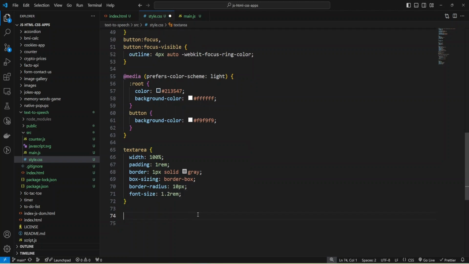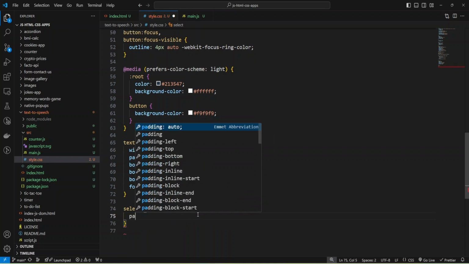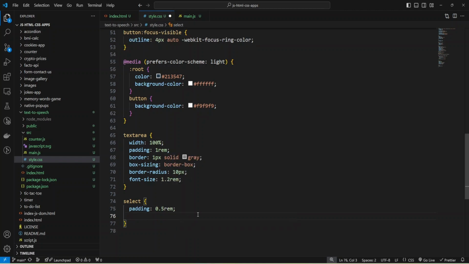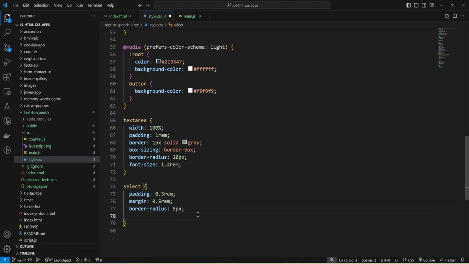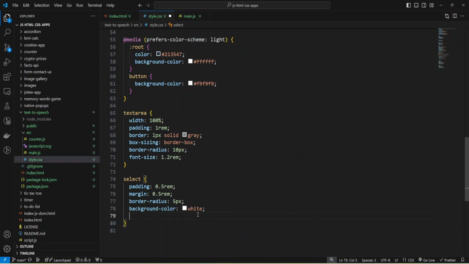And now I can provide styles for select, and we'll add some padding, and we'll make it 0.5rem, and also can add margin 0.5rem, and also add some border-radius 5px, and let's do background white, and also I can add border 1px solid gray.